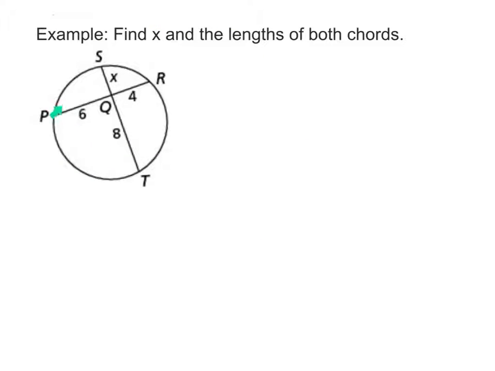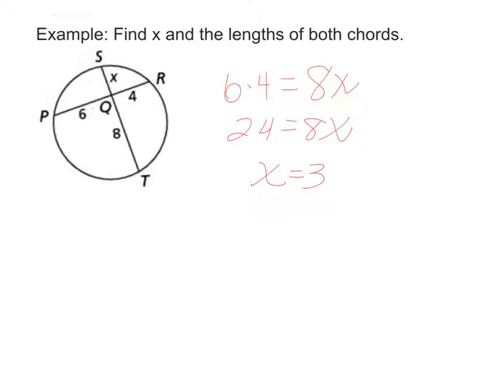The chord product theorem says that PQ times QR is equal to SQ times QT. So we're going to use that information to solve for X. Let's write that out. 6 times 4 is equal to X times 8, which is 8X. So now I just algebraically solve for X. So 24 equals 8X, divide both sides by 8, and I get X equals 3. If X equals 3,